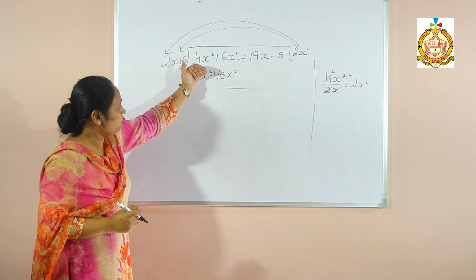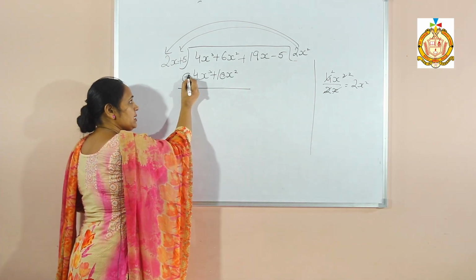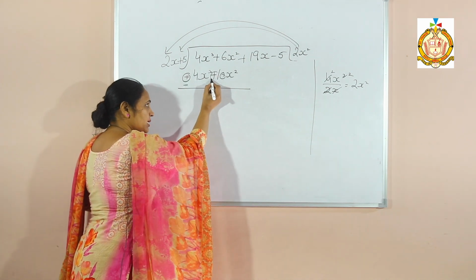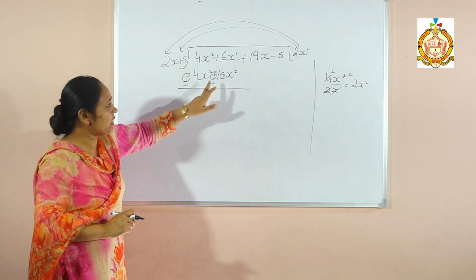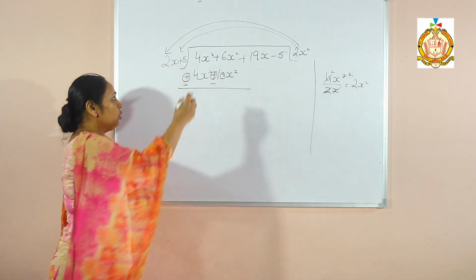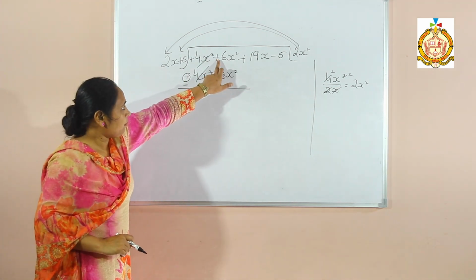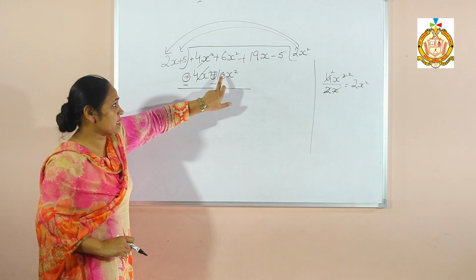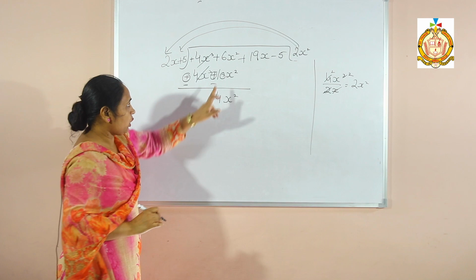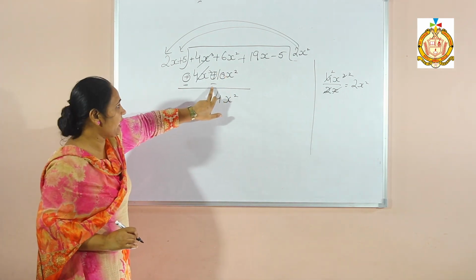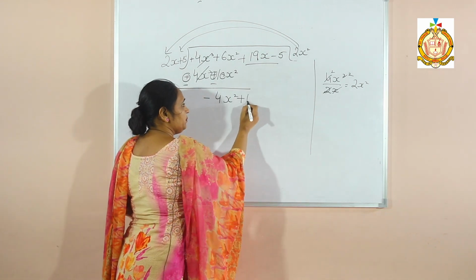Now in division we know we have to subtract. To subtract we have to change the sign. There is plus, I take minus. There is plus, again I take minus. These are cancelled. We have to take the new signs: if there is minus I will take plus. Now this is positive, this is negative. First value cancelled. Then plus, minus, minus. 10 minus 6 here will be 4 along with x square. Now the greater number is 10, that means I will take the sign of minus. Then along the rest of the value I have to take here.